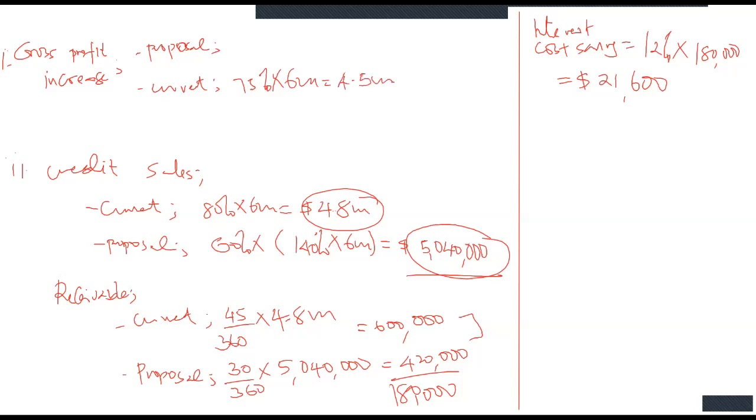Confirm to give us 4.5 million to be the gross profit under the current policy. If we implement the proposal, the gross profit will be 80% of the sale. So 80% of the sale, and the sale is 140% times 6 million to give us 8.4 million, the new sale. So 80% times 8.4 million, the new sales, to give us 6 point